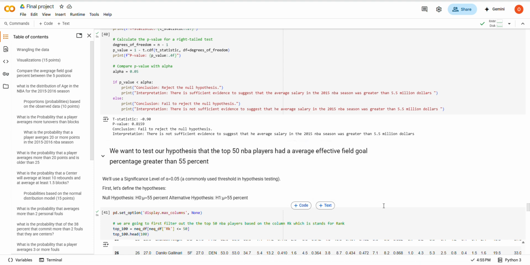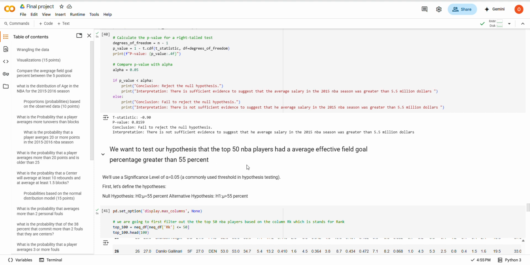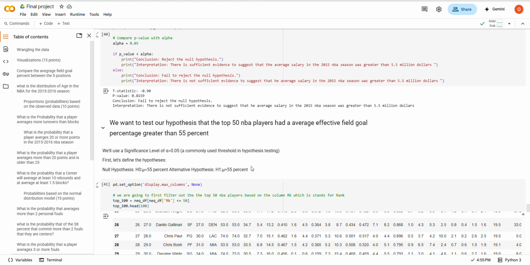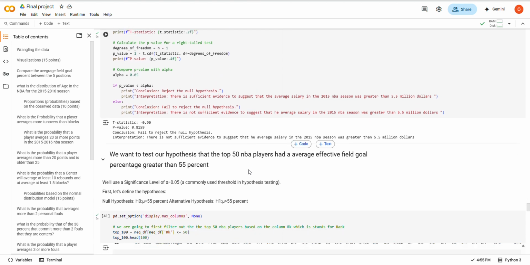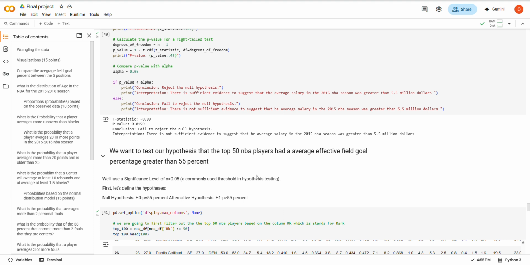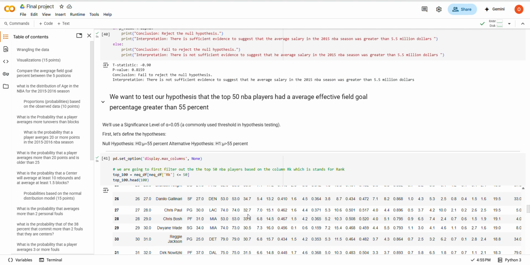And then, this is the last question that we did. We want to test our hypothesis that the top 50 NBA players had an average effective field goal percentage greater than 50. Now, with this one, the way we got the top 50 NBA players was that in the data set, they had a column RK, which stood for rank. They ranked the top 50 NBA players. And then, so all we did was just,